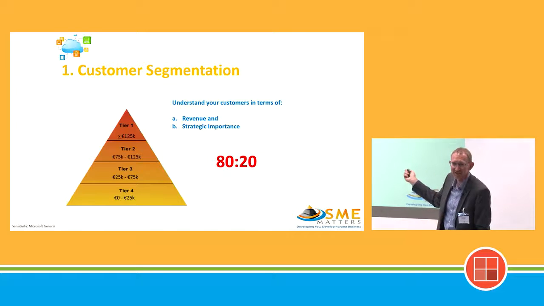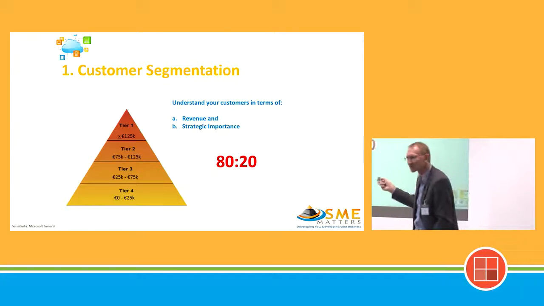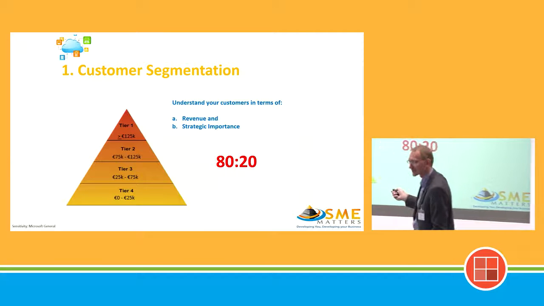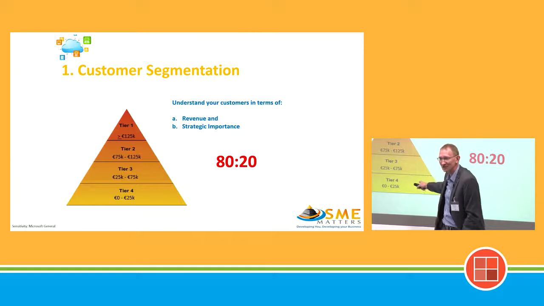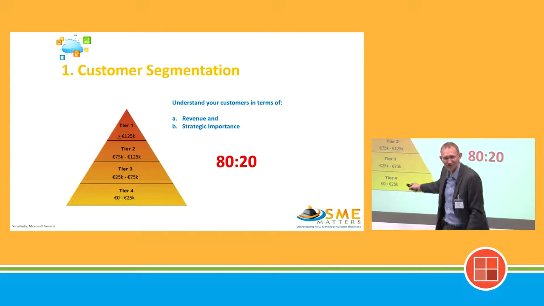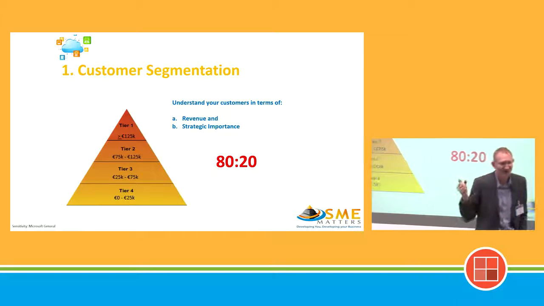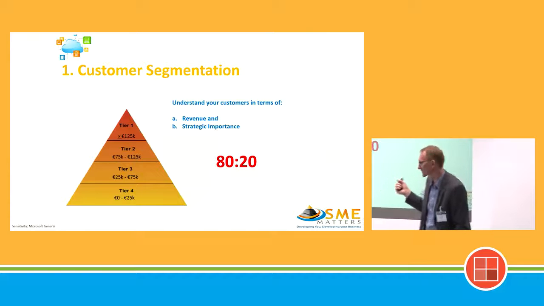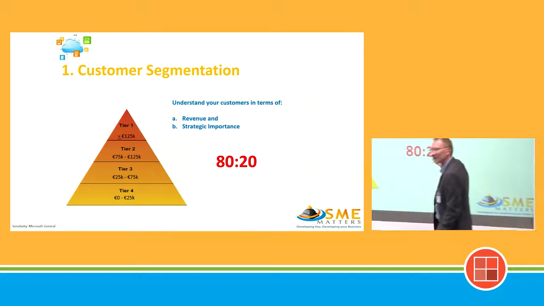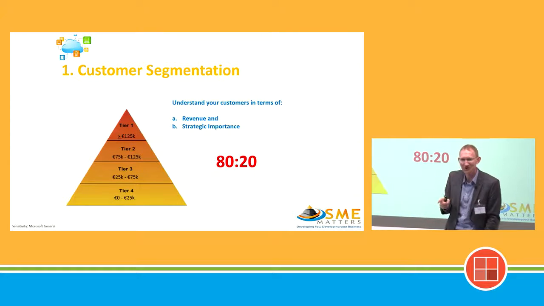Oh, the old 80-20 rule, you forgot about that. You've heard about that one, right? 80% of your revenue coming from 20% of your clients, 80% of your problems coming from 20% of your clients. And they're usually the ones that don't pay on time, that are a hassle, always with the awkward problems. So the 80-20 rule kicks in here, and that pyramid really gives you an insight into who those customers are. And you know what it does? It tells you what customers you don't want.